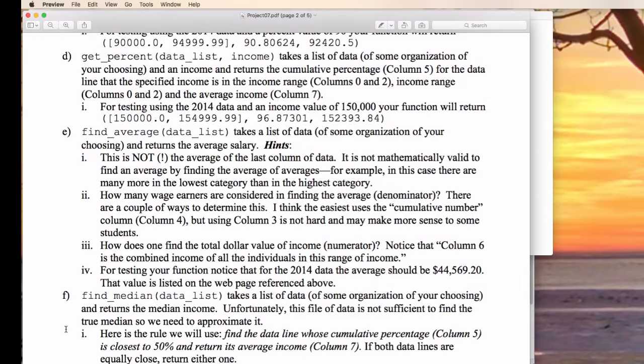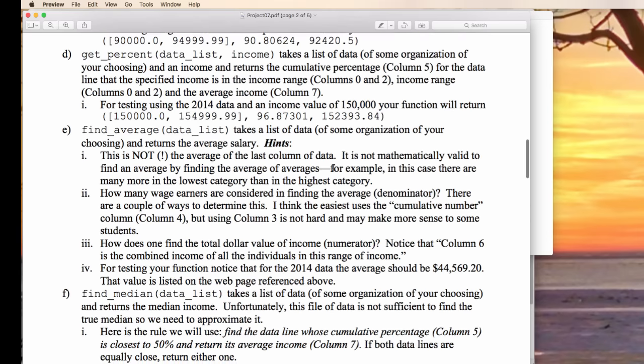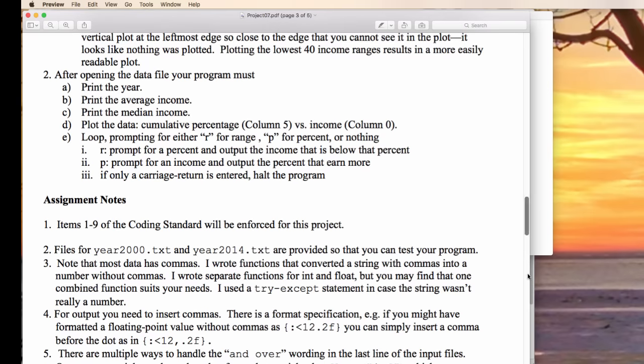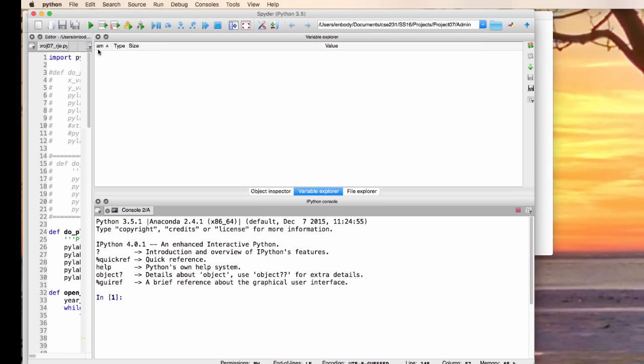When you find the average, watch out. To find the average of the whole data file, it's not the average of the last column of the data. Okay, it's not mathematically valid; the average of averages just doesn't work mathematically. All right. So if we take a look at how this thing works, there is stuff at the end there, but